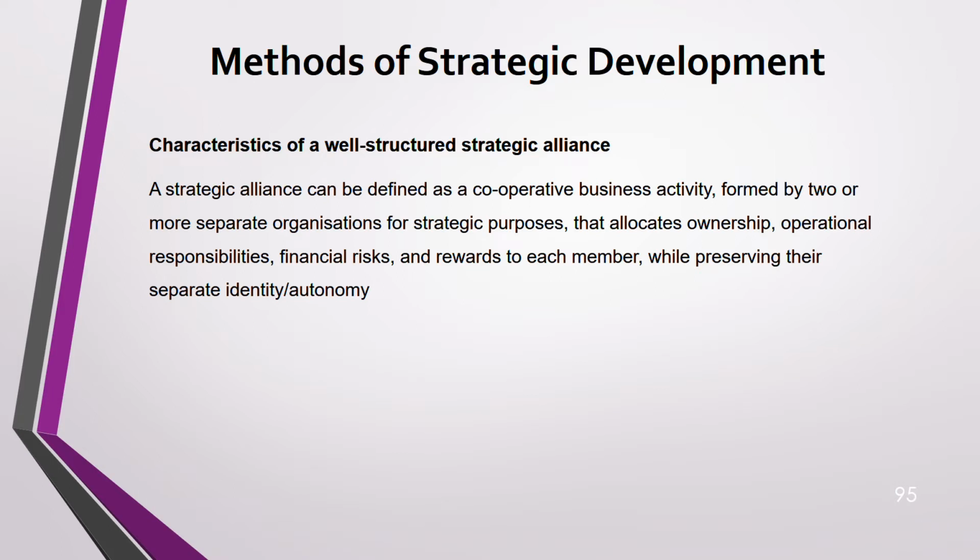How is this different from a joint venture? In a joint venture, you join together. But here, each one of them has their separate identity or autonomy, the freedom to make decisions, but they share all this. One example of a strategic alliance is an oligopoly cartel, where they agree to increase the price. The group of cartel that is formed together decides that they are going to raise the prices for the consumer. So it's an example of a strategic alliance.